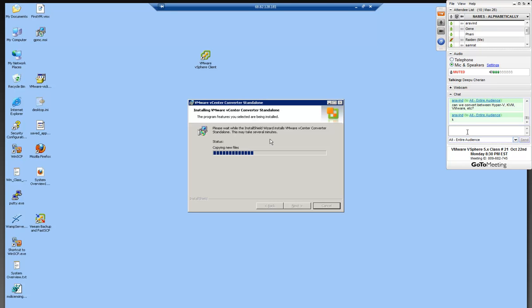With P2V migration, don't take it lightly. There are a lot of things you need to do, a lot of effort, a lot of coordination is required, because you're playing around with real physical servers, and the chance for a mistake is very high at that point. So you want to be very careful when you're doing this P2V migration, especially during a